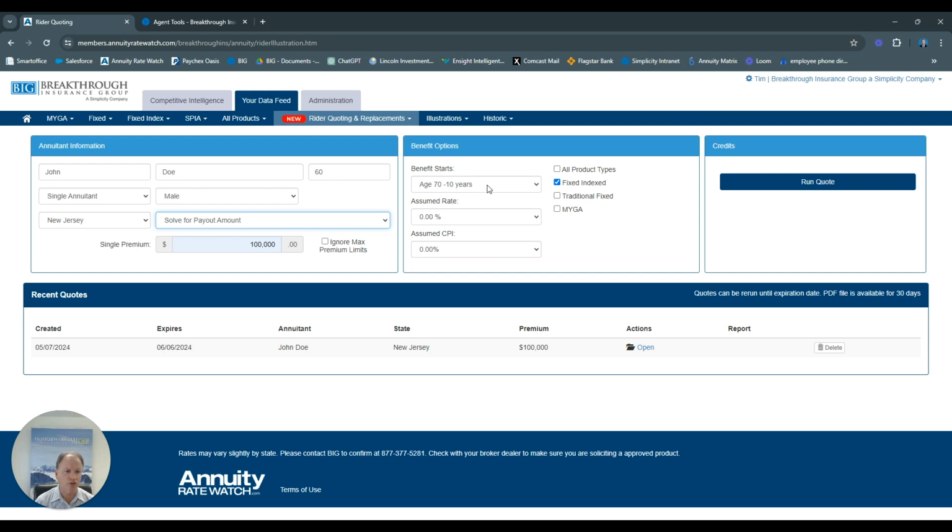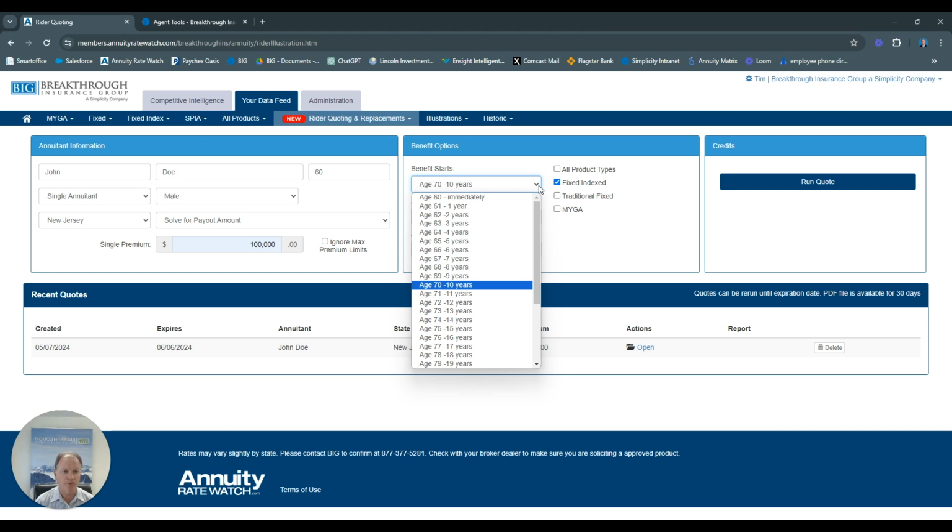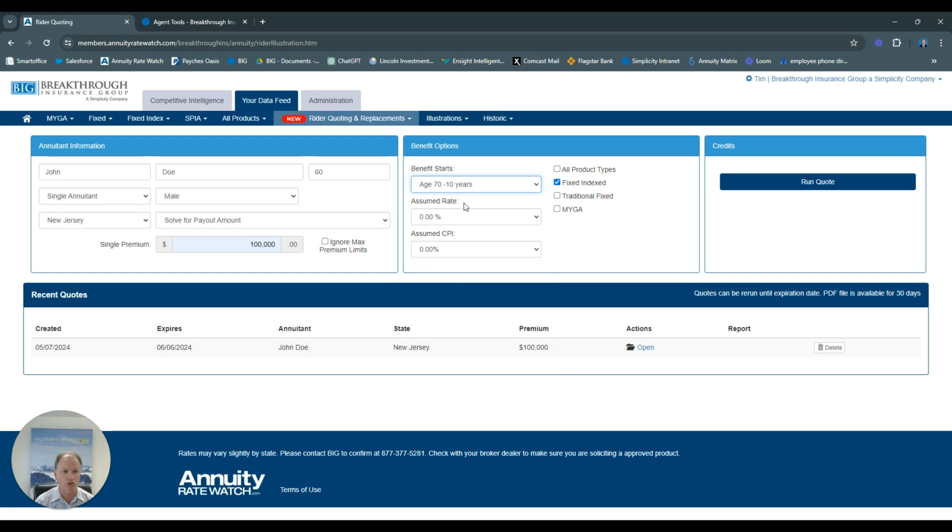Over here, we're going to say when we want the income to start. And in this drop down box, you can pick any age that you want it to start. We're just going to look at age 70 in 10 years as an example. And then over here, we are going to click Run Quote. And as we allow that to run there,